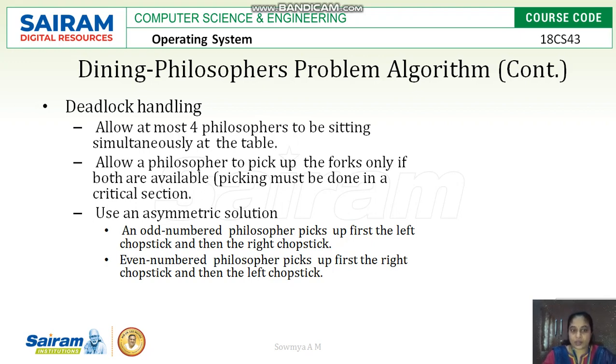If this is not solved, then the process will go into deadlock, where all 4 philosophers will take the right chopstick, and then the other philosophers will not get the left chopstick except 1. If all 5 are eating, then all will be waiting for the left chopstick at once, or all will be waiting for the right chopstick at once. All these 5 processes will get into a deadlock situation because the next resource is not available.